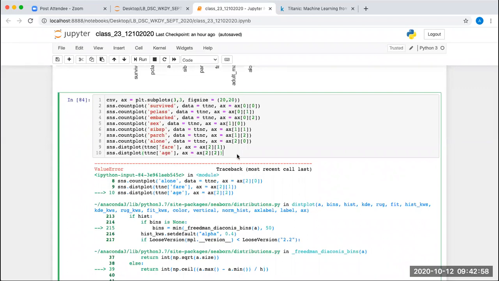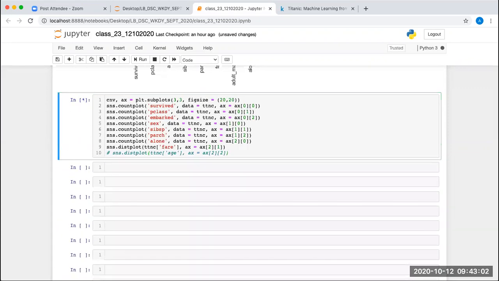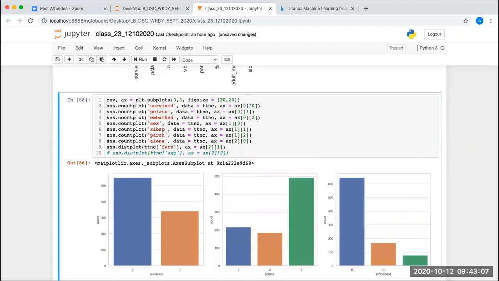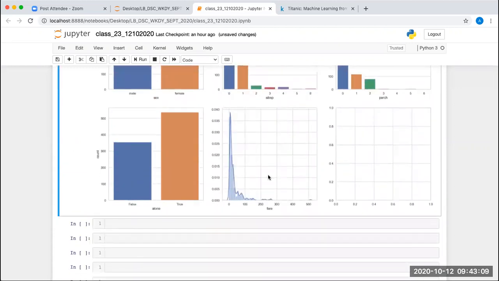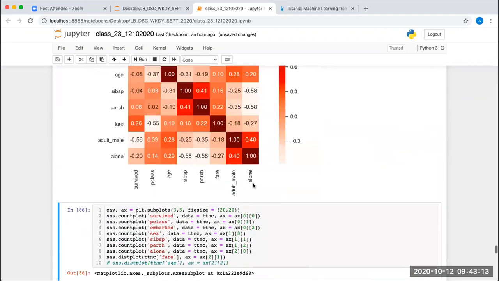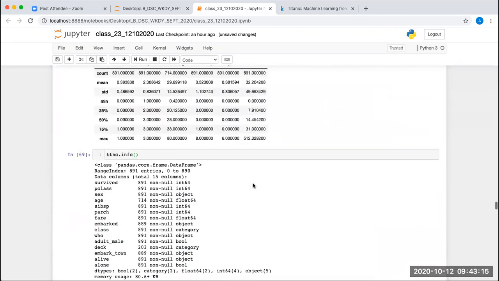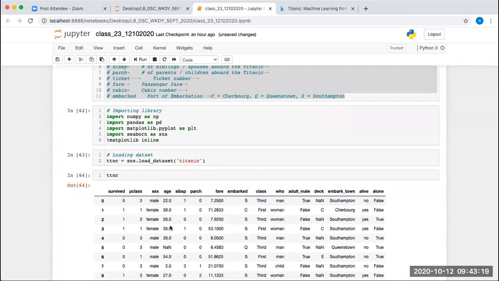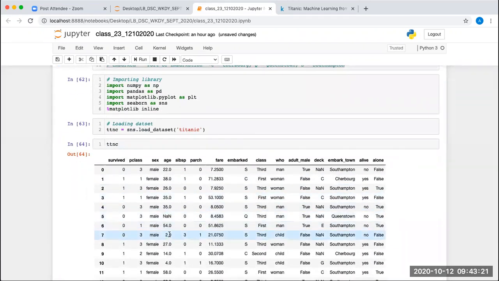Let's see, if I do this, it is working for fare. Why? Because you have 0, but in the case of age, what was the value in the age column? NaN. Okay, so NaN should be replaced with 0.